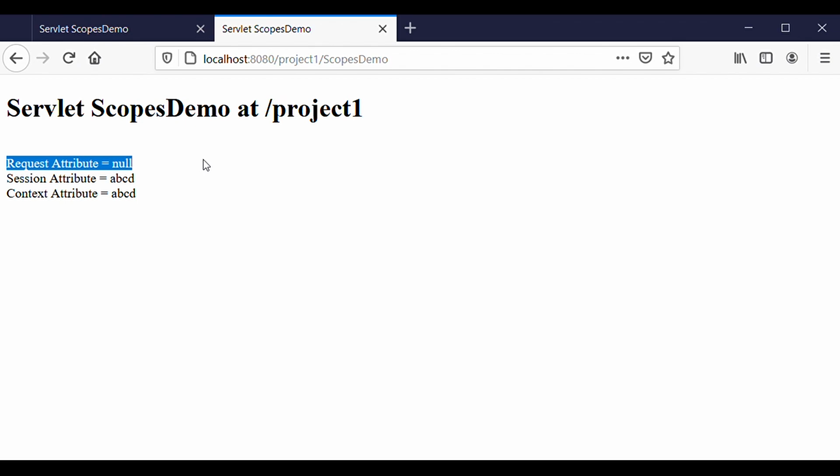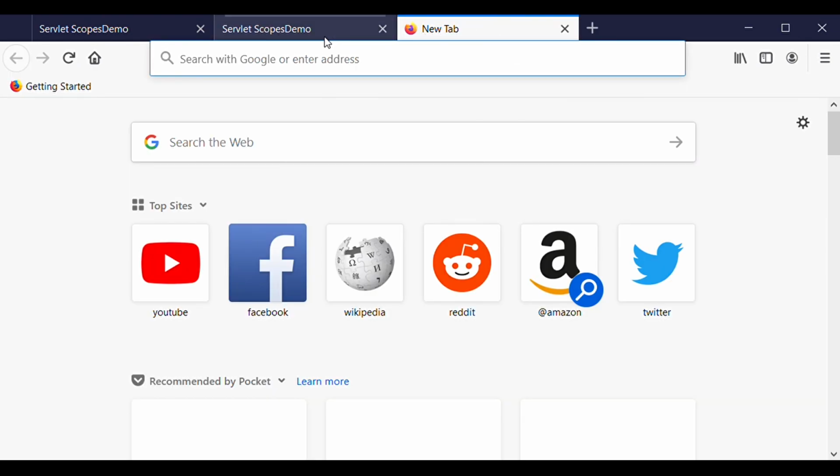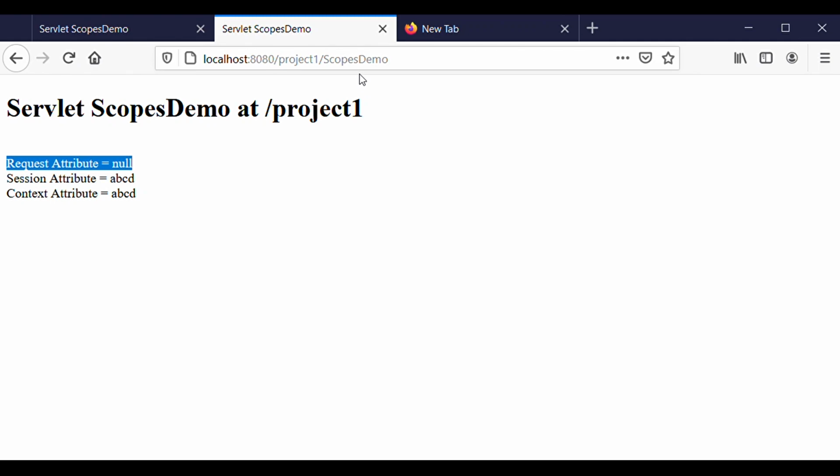So even if we open multiple tabs and send a request to the same ScopesDemo, the session attribute and the context attribute will hold valid values until the session is invalidated, and the context attribute will hold the value until the web application is unloaded from the server.